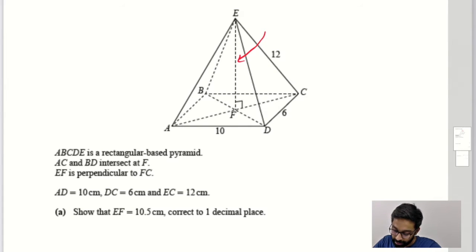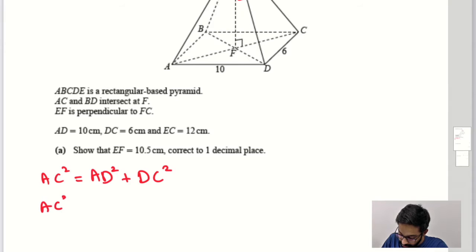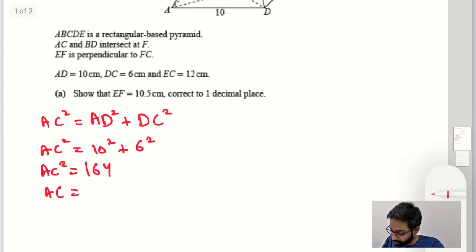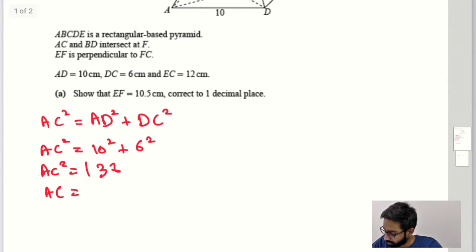First, we need to know the base of the pyramid, that is AC. So we use the Pythagoras theorem to find the length of AC. AC squared should be equal to AD squared plus DC squared. AC squared is equal to 10 squared plus 6 squared. So AC squared is equal to, sorry, not 164, it is going to be 136. So the square root of 136 is going to be